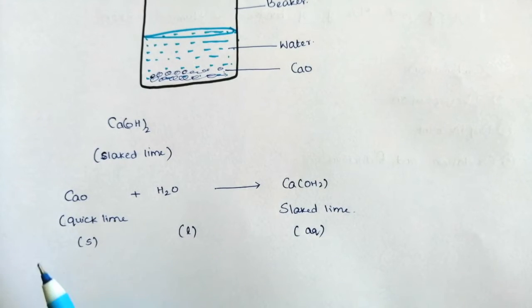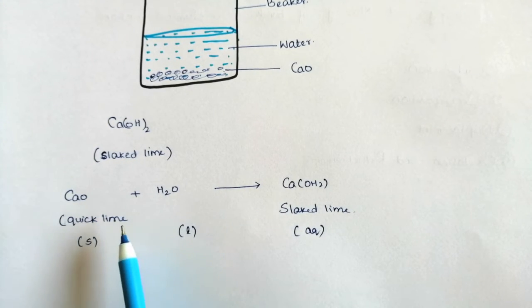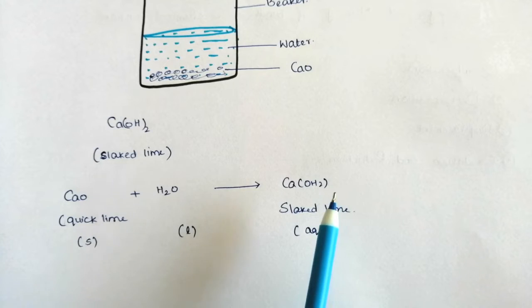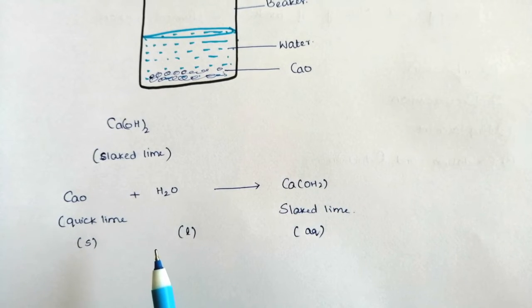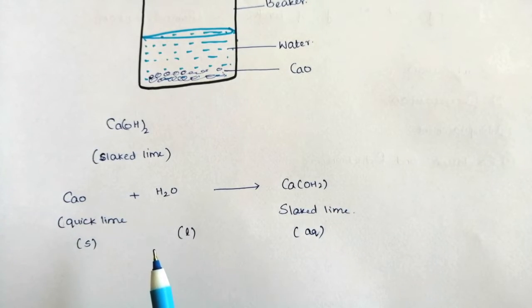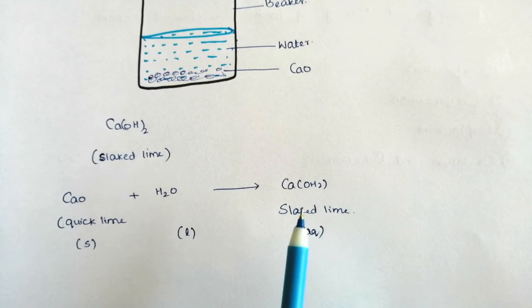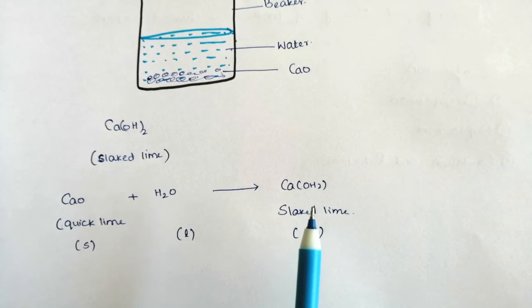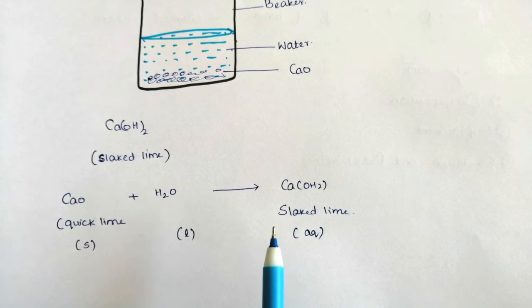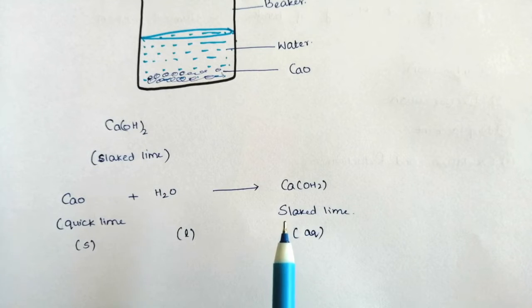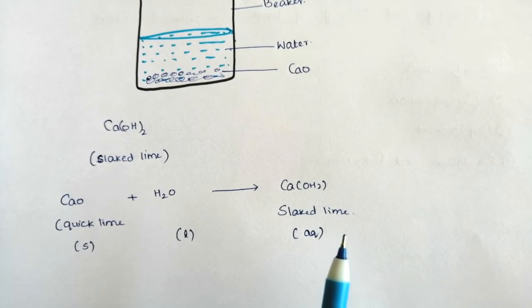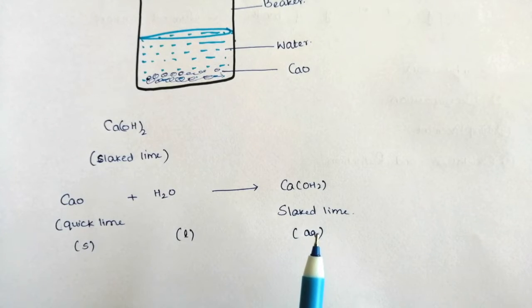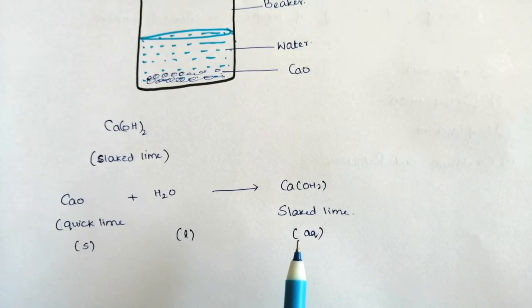This is known as a combination reaction because in it two reactants combine to form a single product. So the reaction in which two or more reactants combine to form a single product is known as a combination reaction. Here slaked lime is used in whitewashing of walls, and the process is as follows. Slaked lime, when applied on the walls, reacts with carbon dioxide present in the atmosphere to form calcium carbonate. This calcium carbonate is responsible for the shiny look of the walls after whitewashing.